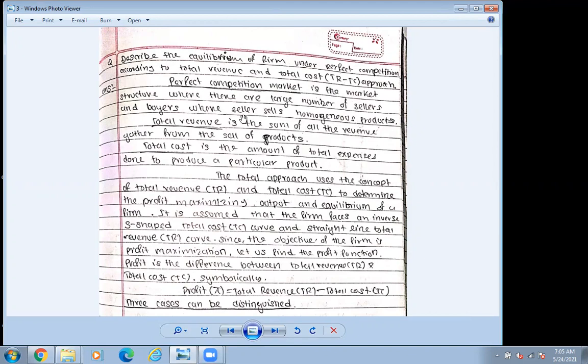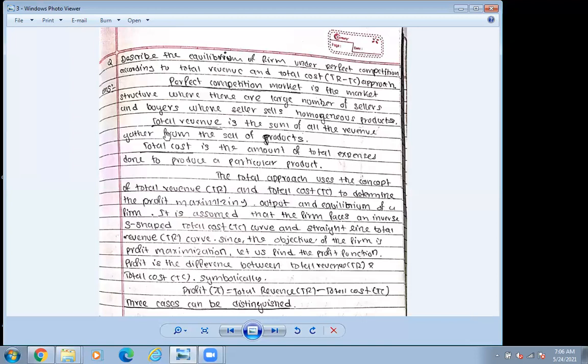Okay, so if many sellers sell a homogeneous product, that means a similar type of product, to many buyers, where the number of sellers is large, that is called a perfect competition market. And a monopoly market is where there are many buyers but only one seller, that is